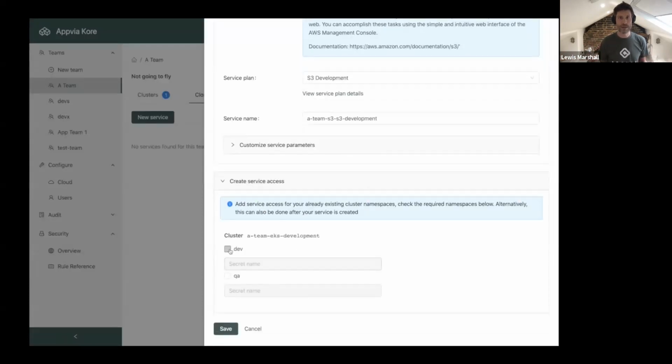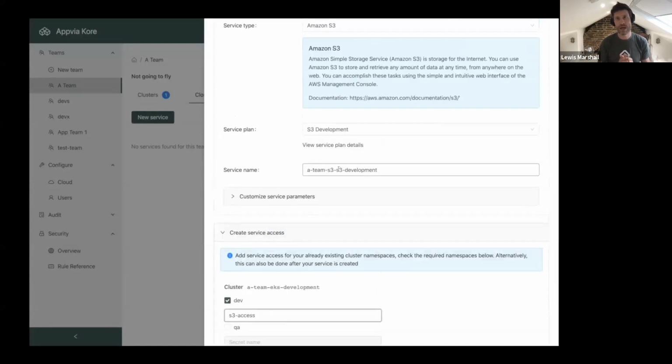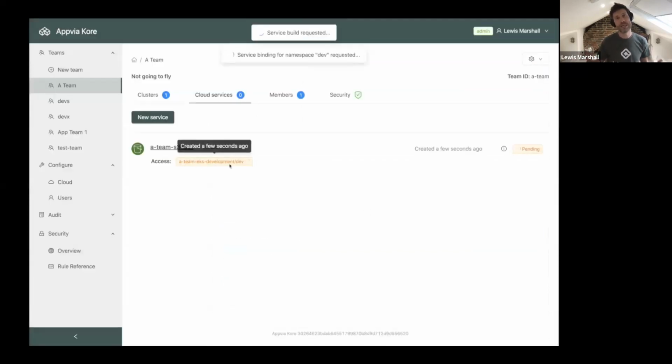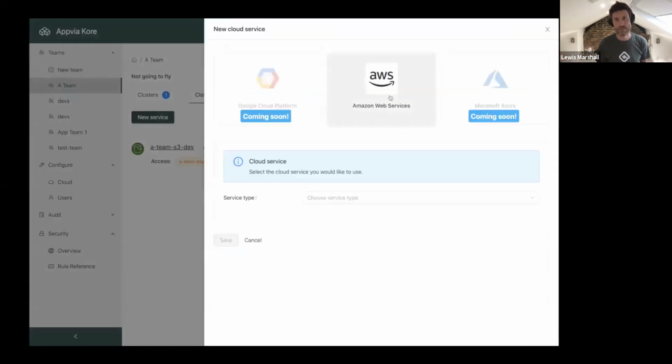But at the point of consumption, a developer can just provide what they need for their application in their namespace, the name of a plan, and give a name for their service so they can differentiate it when it's being used going forward. So here we've got a development instance of the plan being consumed by a developer service, but obviously some databases you may have multi-access across different namespaces.